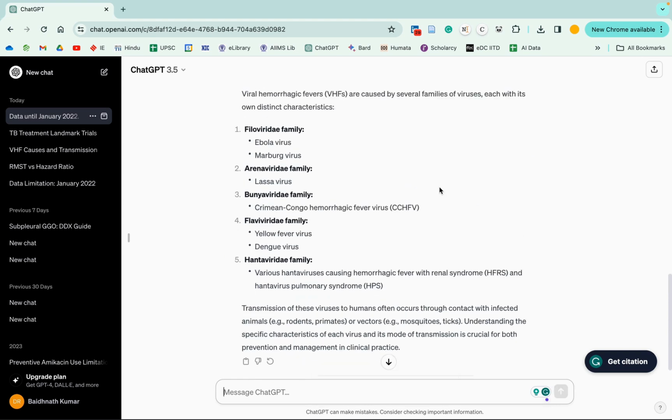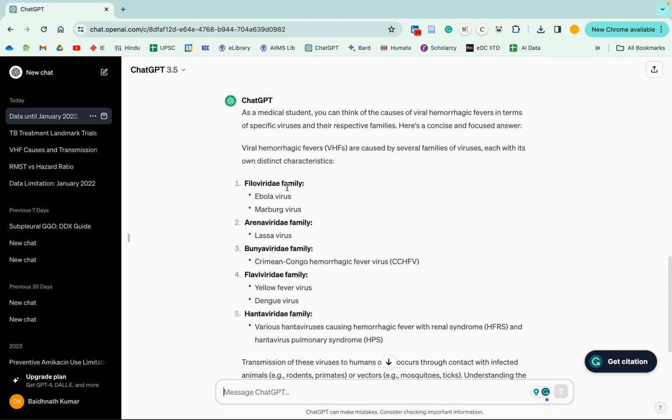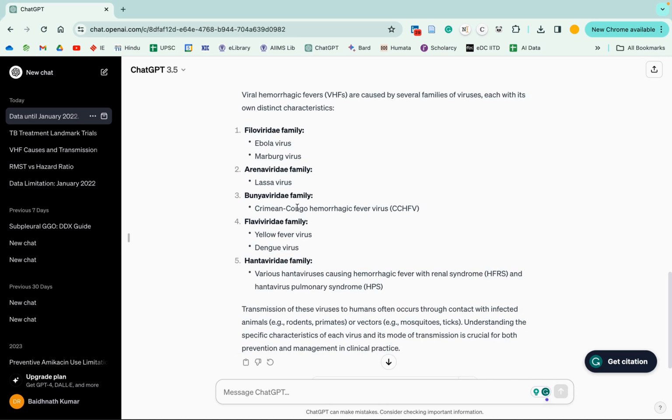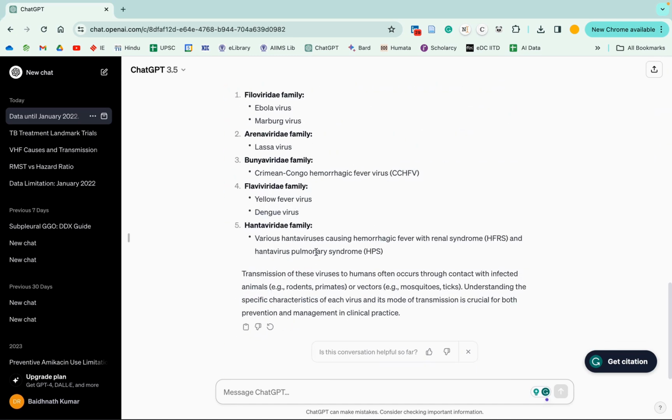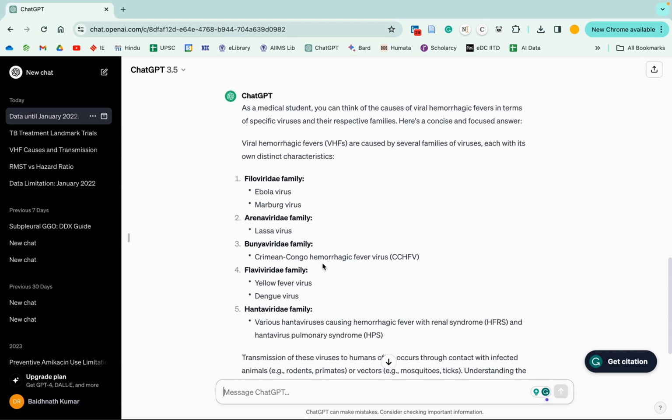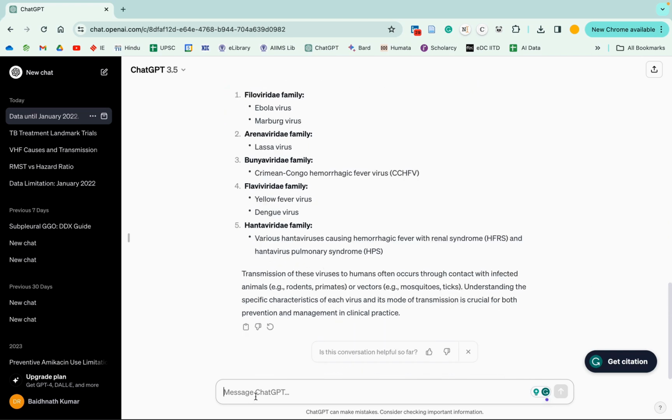So now you can see it has given the family's name along with the viruses, not just simply naming the viruses. And then it has said transmission of these viruses in humans occurs through contact with infected animals. So these are a group of viruses which cause similar manifestations in terms of viral hemorrhagic fevers. So I want to know what are